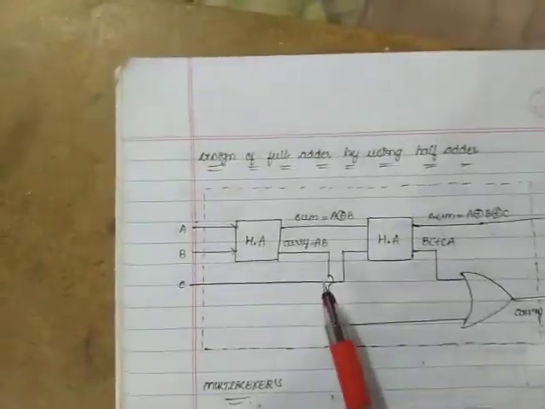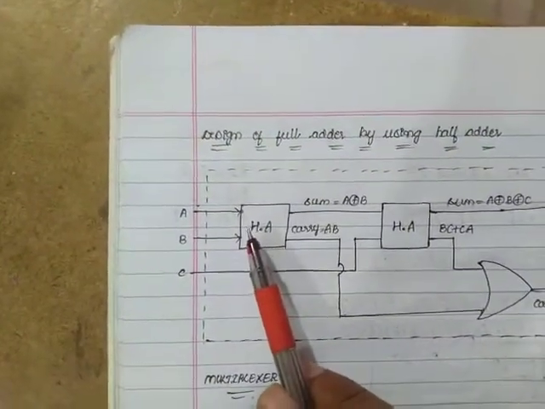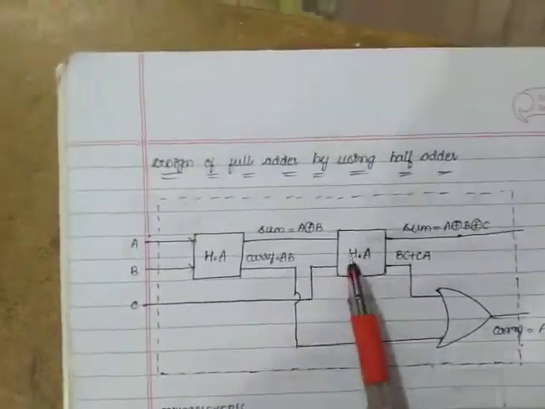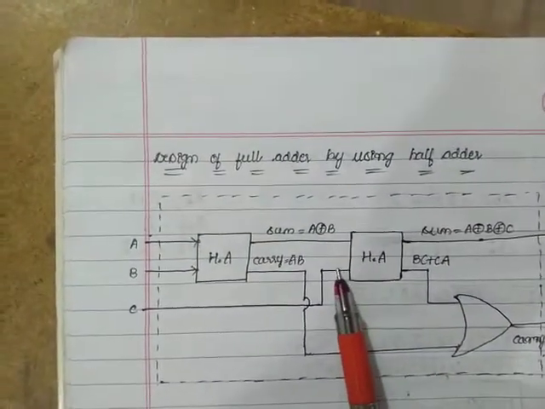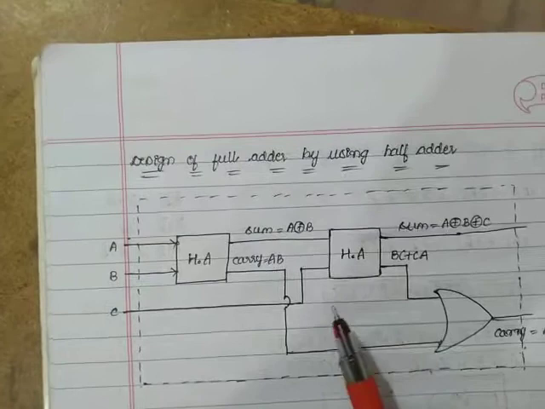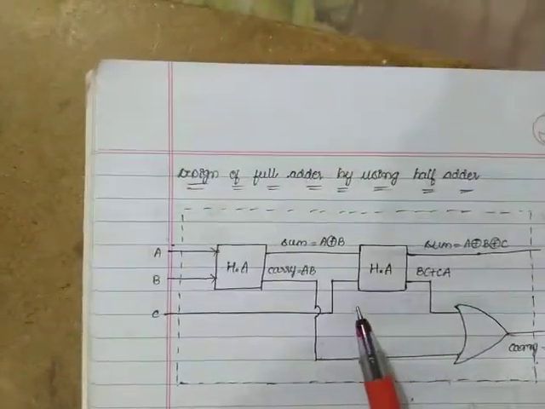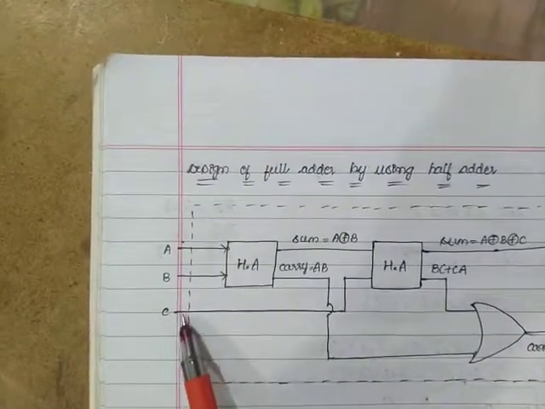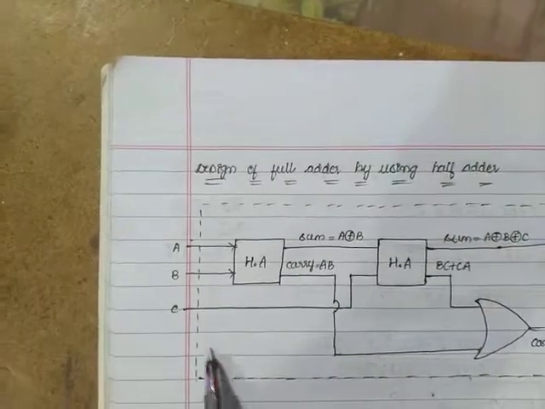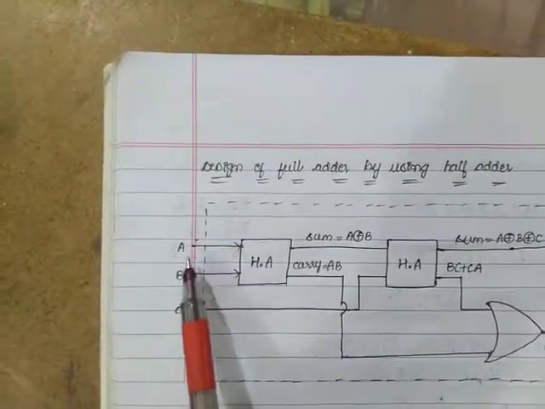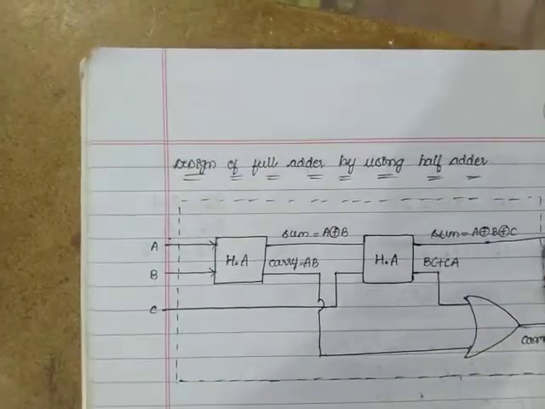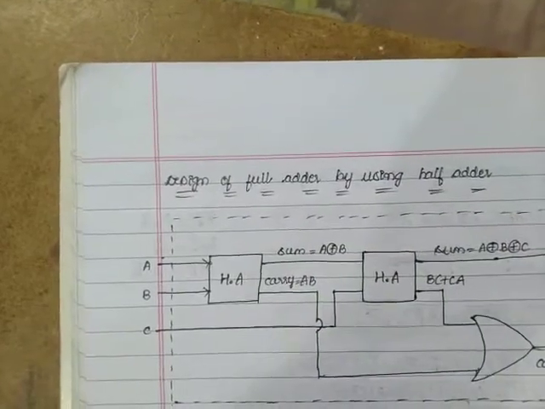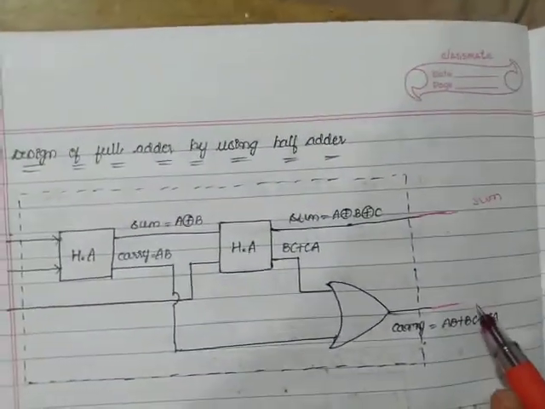Okay, and all of you know about the half adder. It will have two inputs A and B and two outputs, one is sum and another is carry. Similarly here, another half adder will have two inputs and two outputs. But previously we have seen that the overall full adder has three inputs and two outputs. For that purpose, one more input will be there. This dotted box, this whole circuit, will be considered as a full adder. Hence it will have three inputs, and finally it has to give two outputs. This is one output and this is another output. This will be your sum, and this will be your carry.